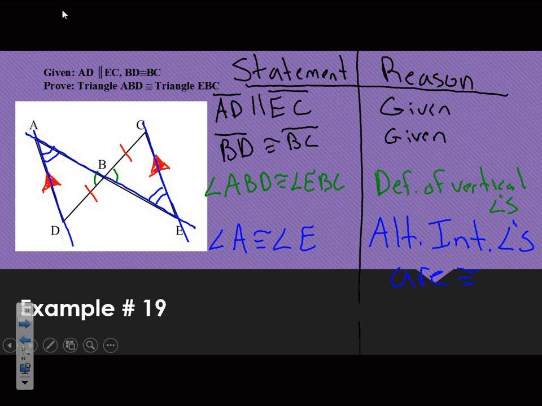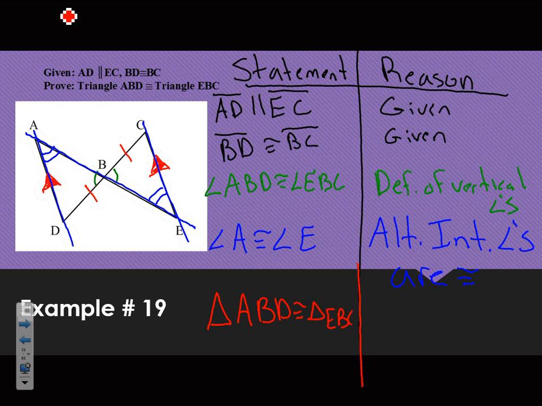Now I have enough information, so I'm going to know my triangles are congruent. So I know triangle ABD is congruent to triangle EBC because of angle, side. Now, if I would have chosen to use angle C and angle D, the only difference was I still